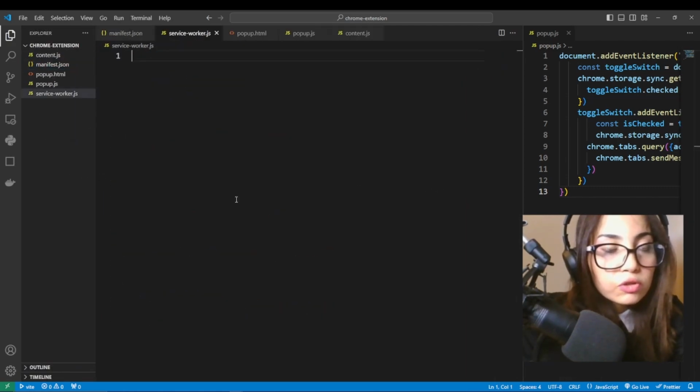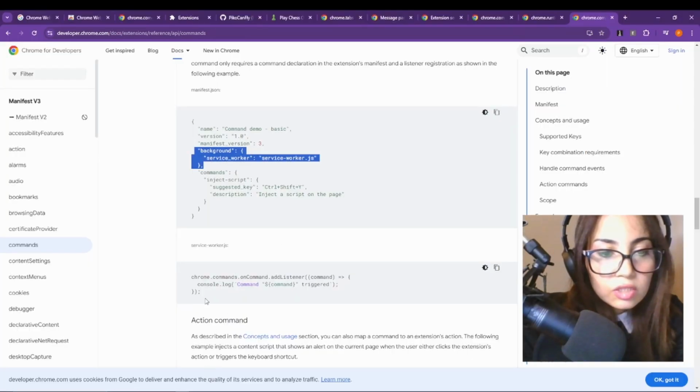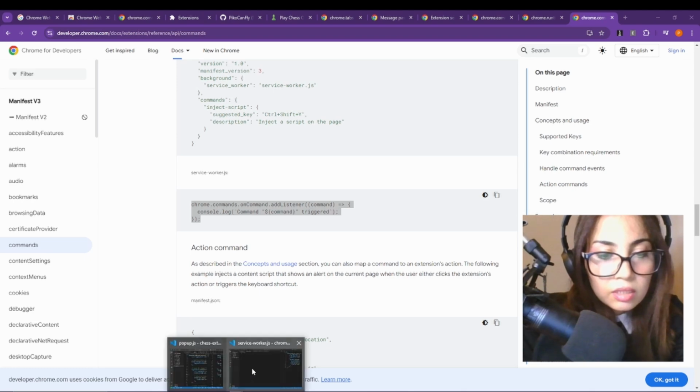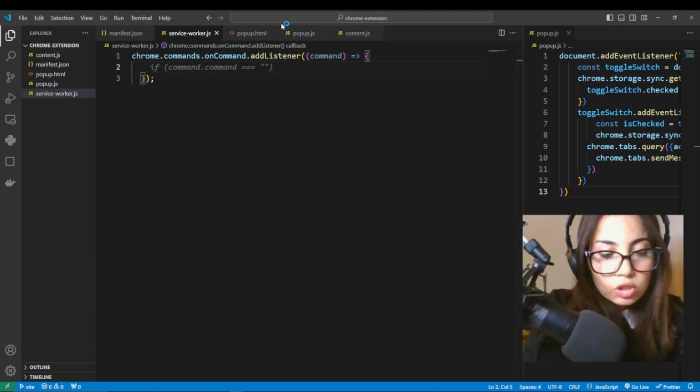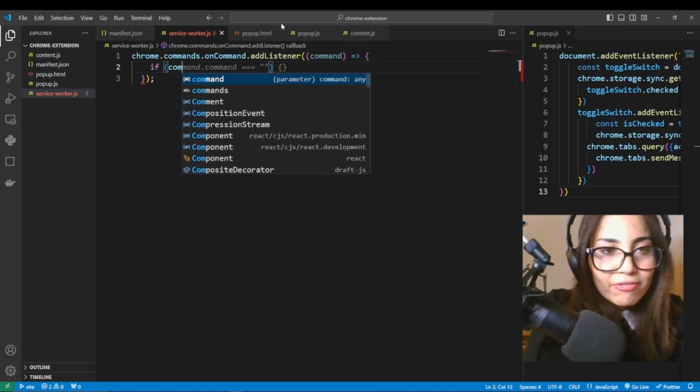Okay, awesome. And now let's add an event listener to listen on our command. I'm just going to copy this example from the docs and paste it. So chrome.commands.onCommand.addListener, command. Okay, so I'm going to delete the console log bit, and the first thing I want to do is check what command was summoned. So if command